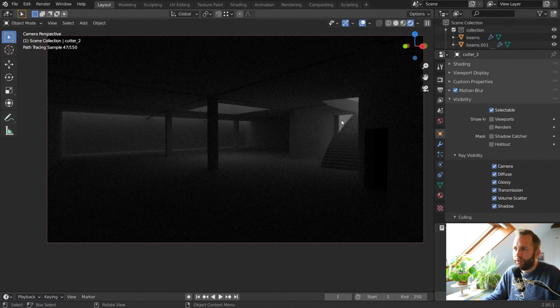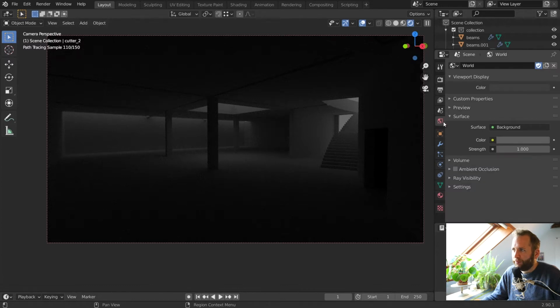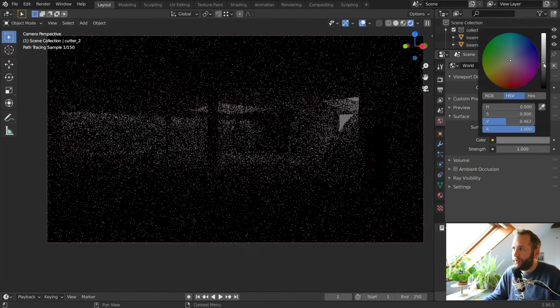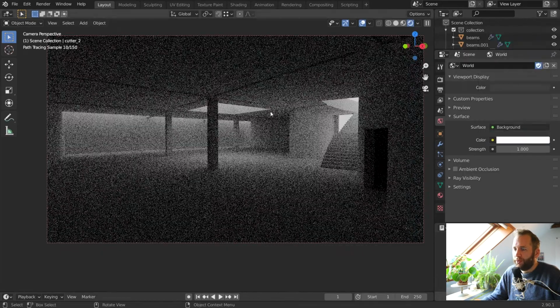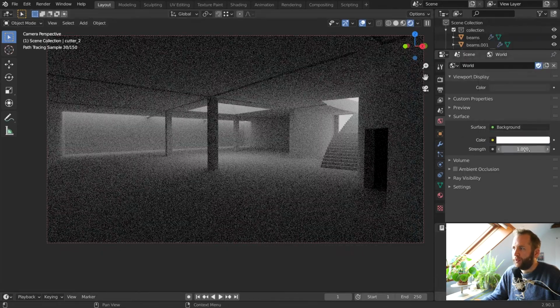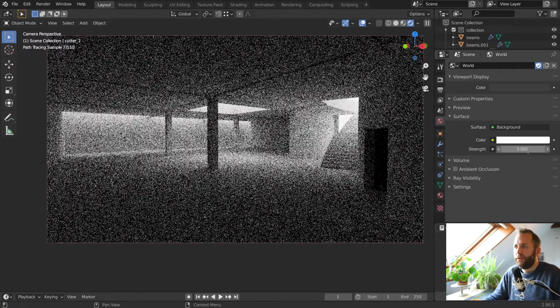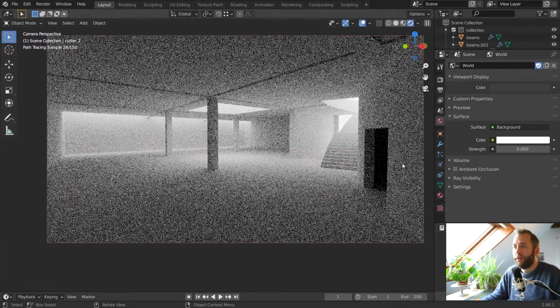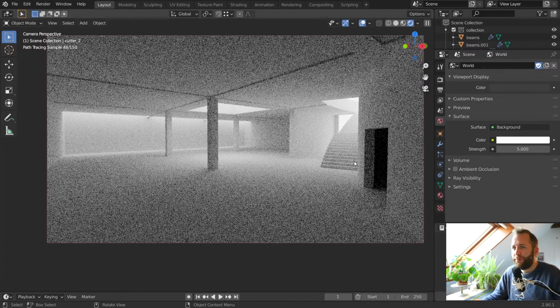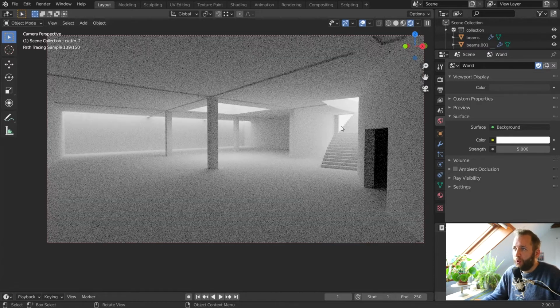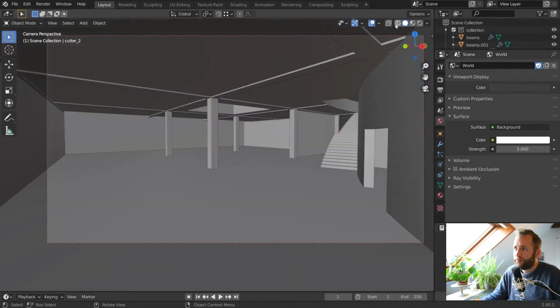So now we can see that this is the opening that we want to get rid of. And if I go into my world tab, which is the red icon here, I'm going to change this color to white. You can see that makes everything a bit brighter. And the strength, I'm going to just turn that up to like 5. So it's even brighter. It's perhaps overly bright. So we want to close up this hole. So I'm going to go into the